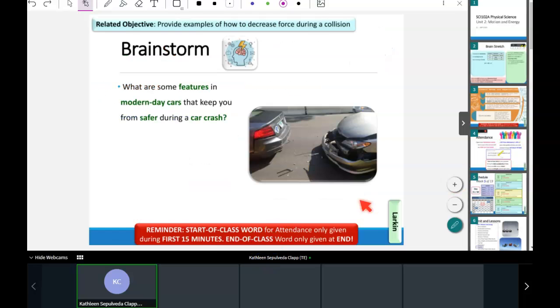All right, so let's take a look at this brainstorm here. This brainstorm is, what are some features in modern day cars? There are so many safety features now in modern day cars. It's unbelievable. So many features in modern day cars that can keep you safe during a car crash. So in the chat box, start naming a few of those features there. Who can tell me some features of,